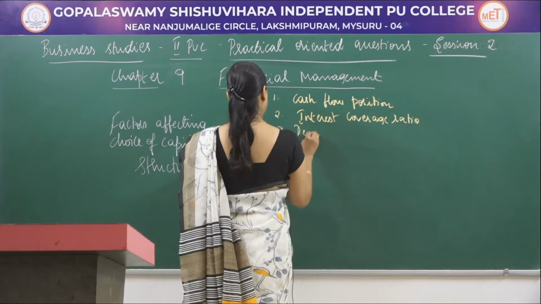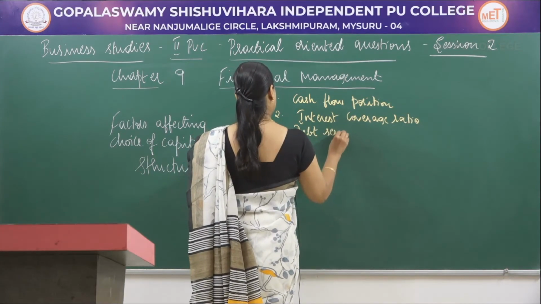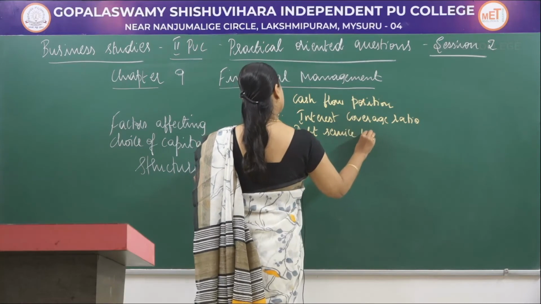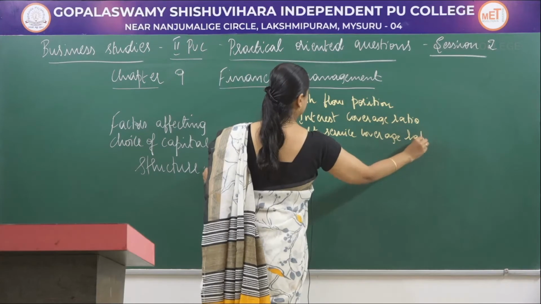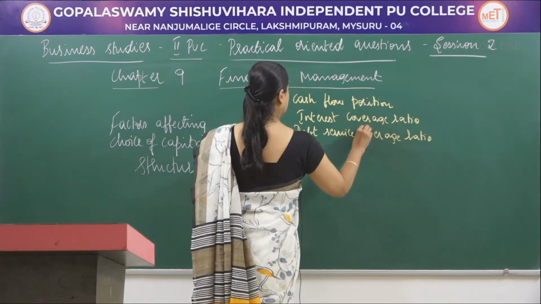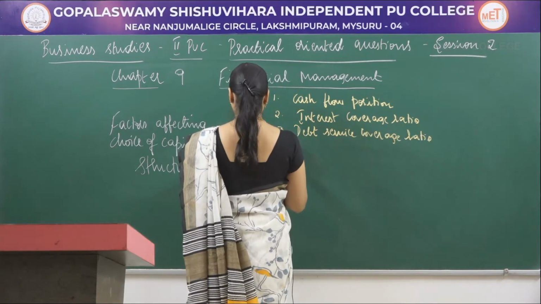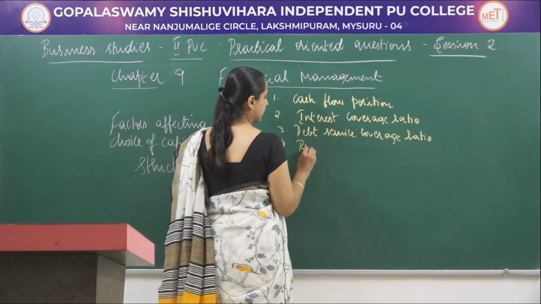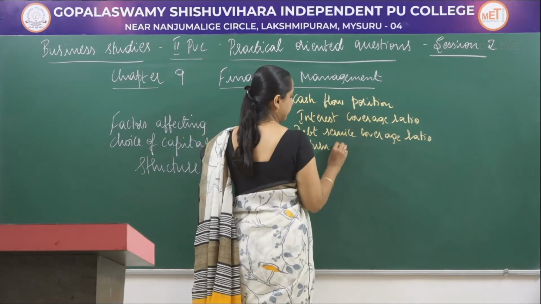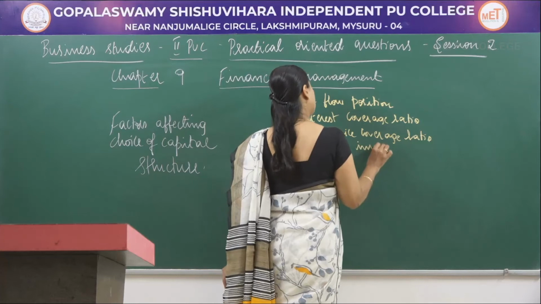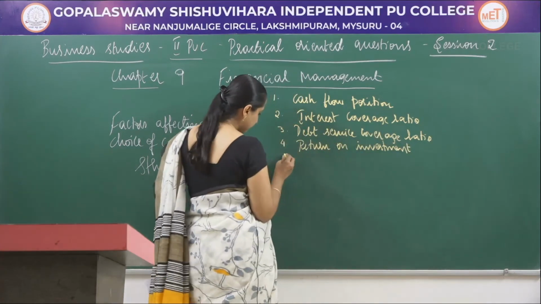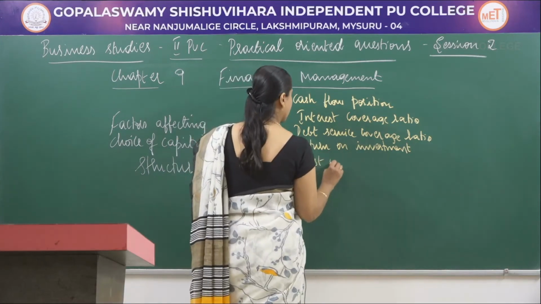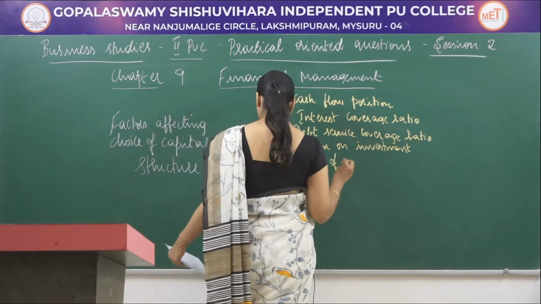Third is debt service coverage ratio. Fourth one is return on investment. Fifth one is cost of